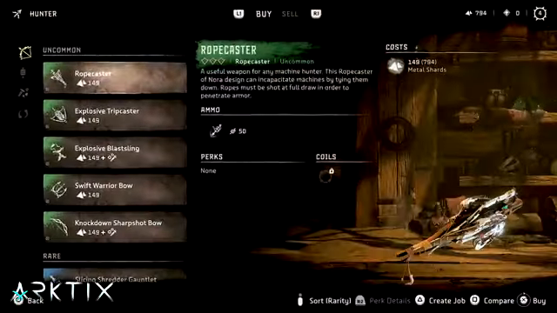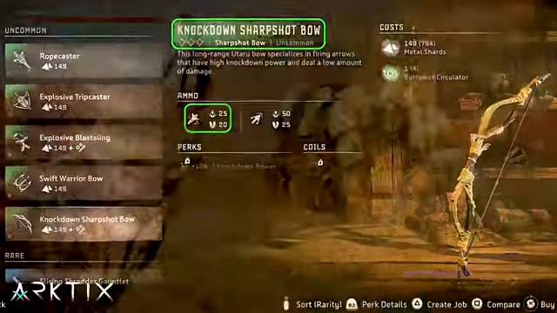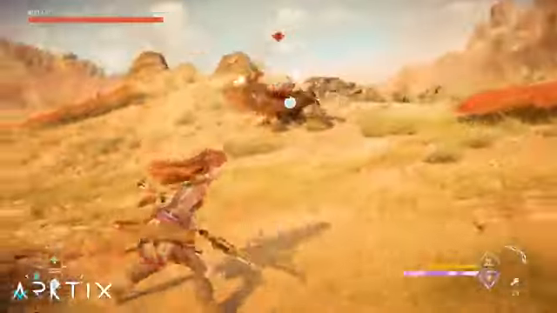If you find using melee for knockdowns is just too difficult, you can pick up the knockdown sharpshot bow in Barren Light and use its knockdown arrows. Just remember you need to hit medium and large machines in the leg a few times to trigger knockdowns on them. Getting back to being stealthy though, you